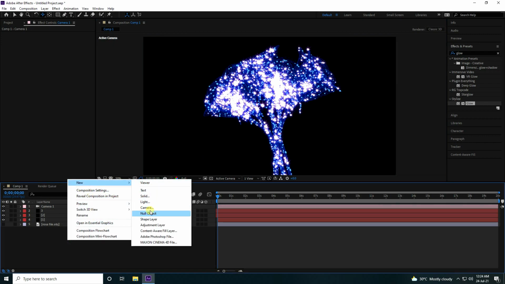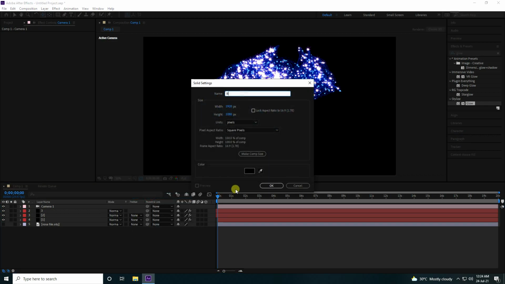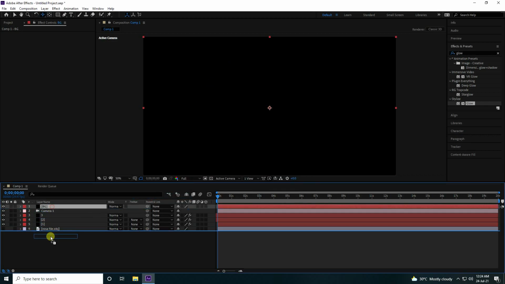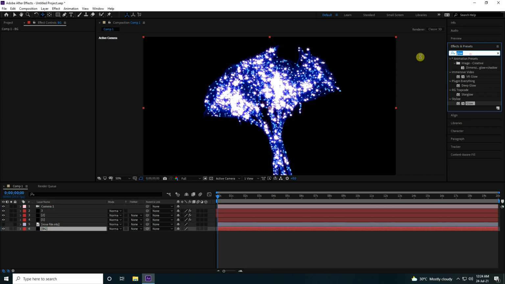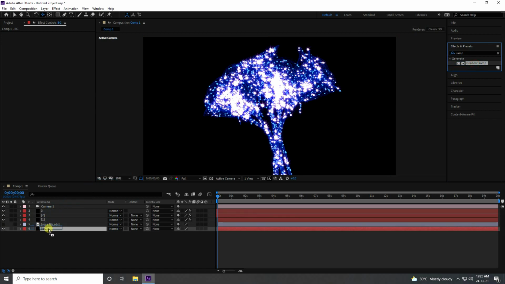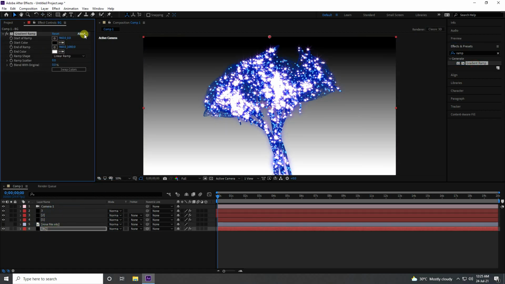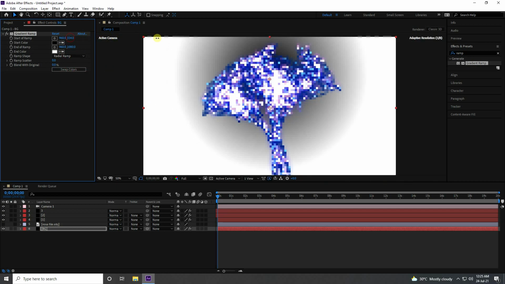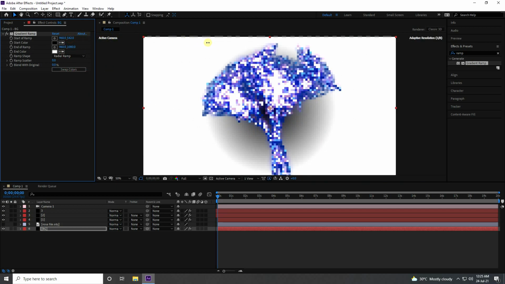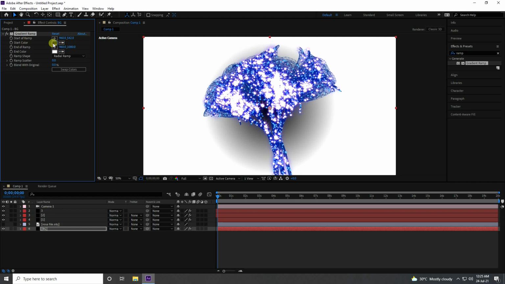Now last one, I create a background. So solid layer, name it BG, and go to the last, and guys, I apply the Ramp effect. So select this gradient and apply on the background. Yeah, so switch to Radial Ramp, go to the middle, and start color.